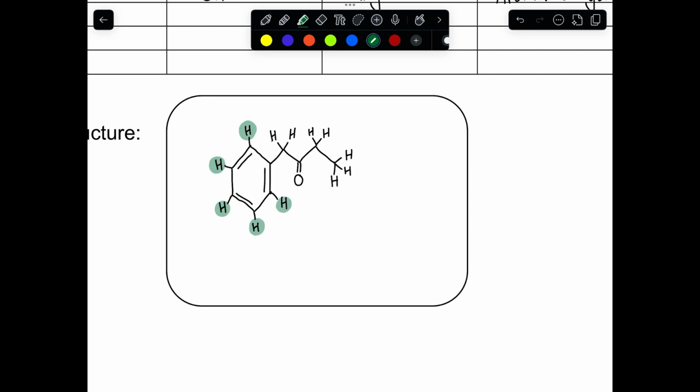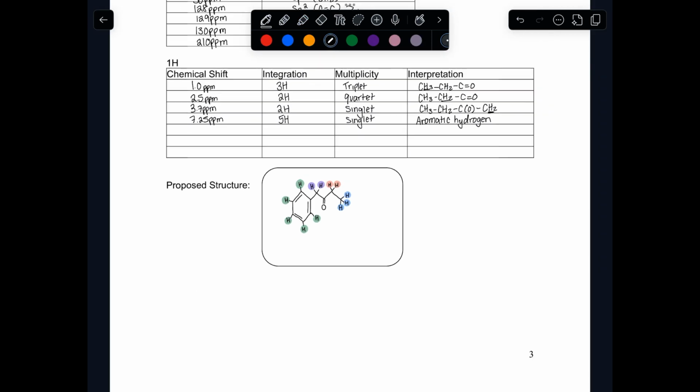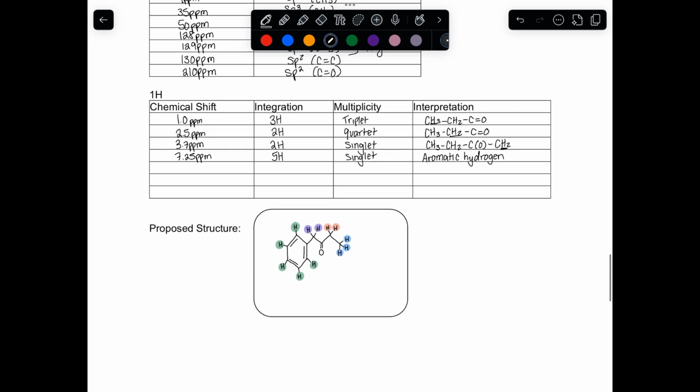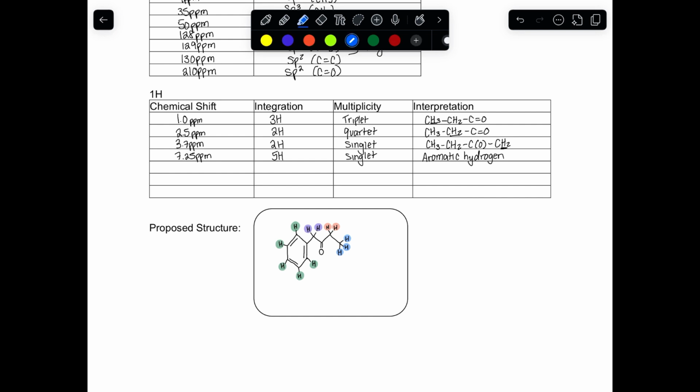So labeling these hydrogens here just for reference, looking back at our 1H NMR spectra, this is the color coding. And I will color code them in this chart just for simplicity's sake as well. So the terminal hydrogens are in blue. That's on the terminal CH3 group, which I will highlight in the chart here. The CH2 group attached to that will be highlighted here. And then the benzylic methylene group I'll highlight in purple, and the aromatic hydrogens